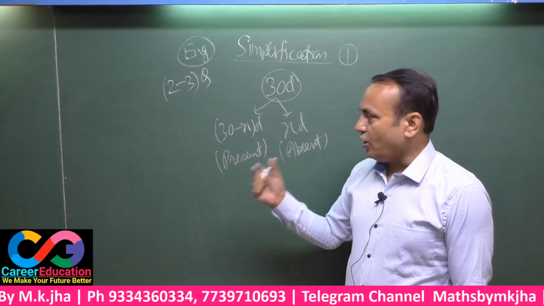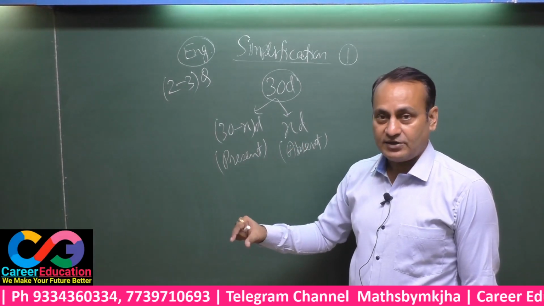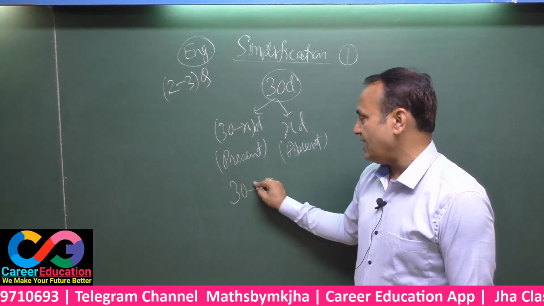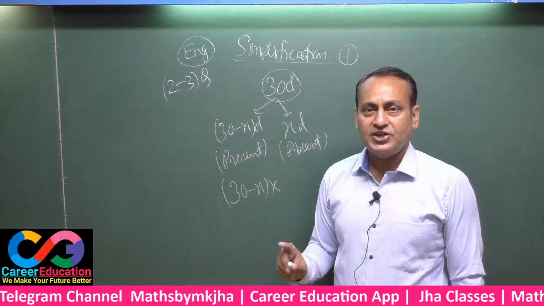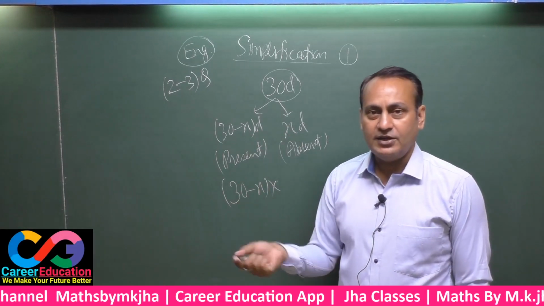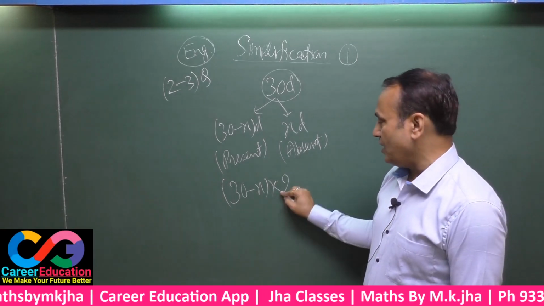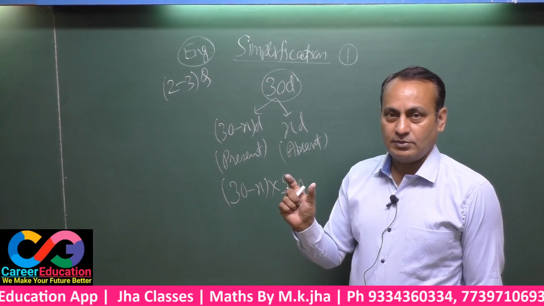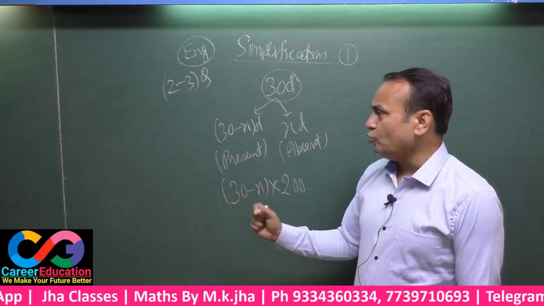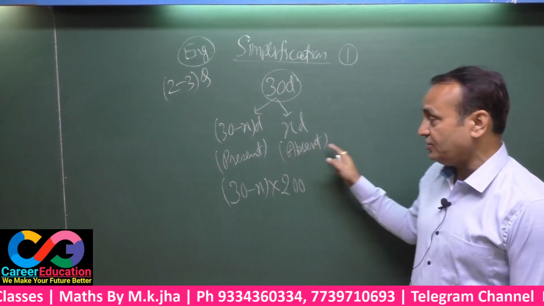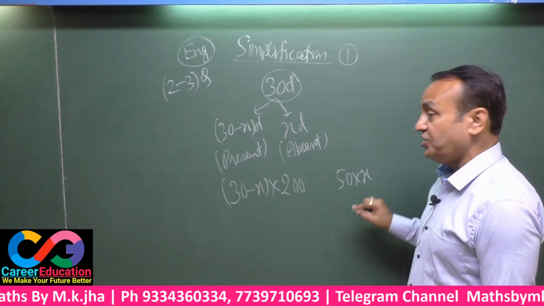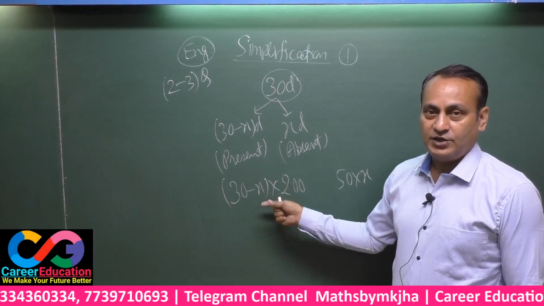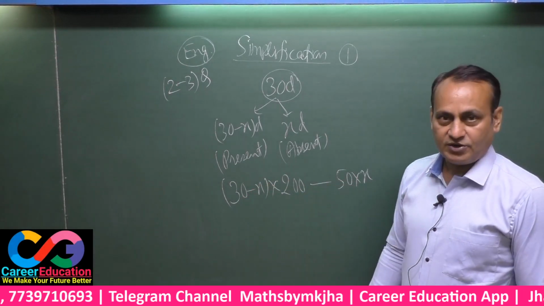That means in order to make the total payment at the end of 30 days, you will have to calculate like this. 30 minus X days he remained present, and for each present day he will be paid rupees 200, so we multiply this by 200. This was the amount he was to be paid. But as he remained X days absent, 50 rupees per day is to be deducted. That means for X days, 50 into X rupees will have to be deducted from this payment. This must be taken out.